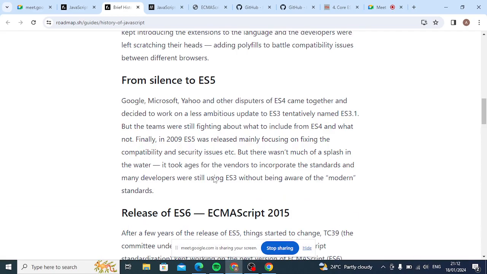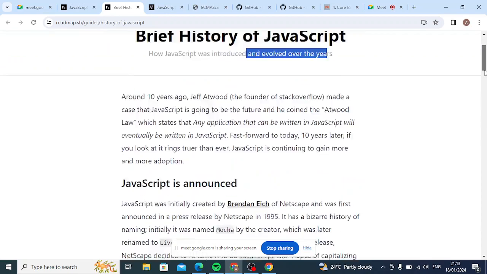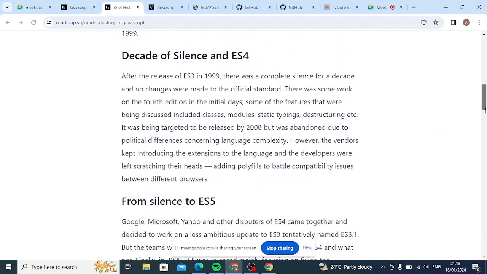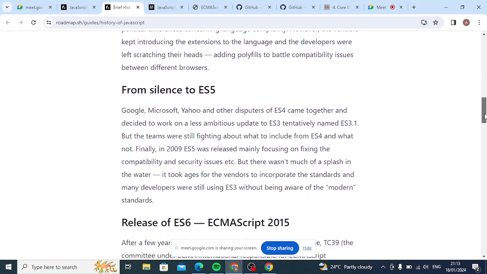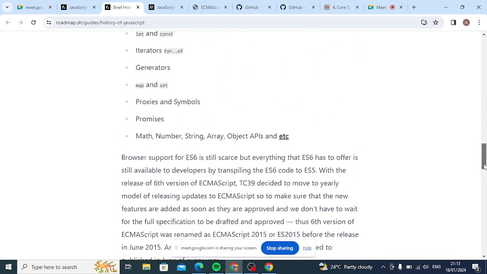This is with respect to history, how it has evolved over the years. You should remember there will be one new version every year, but in terms of change, it will not be that big. Since you understood that in 2008 they restarted it, and 2009 is when ES5 came, in the next year they improved something, but in 2015 they introduced a lot more features.